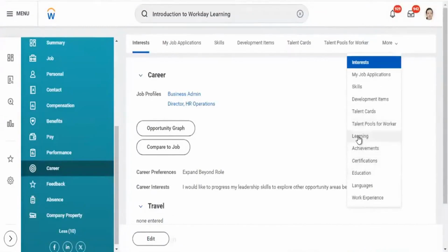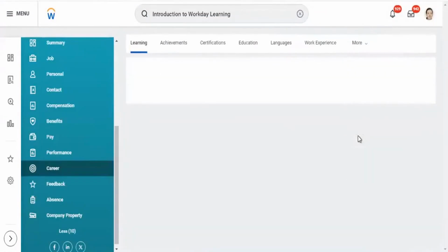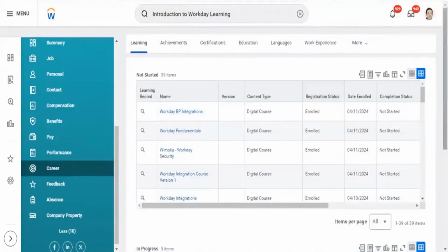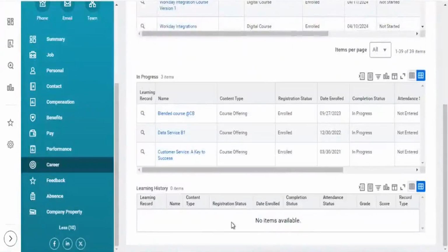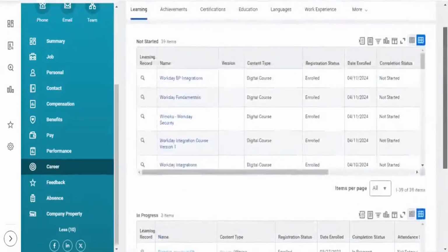If you go for learning, whatever the employee has completed, you should be seeing it here, but there is nothing the employee completed.